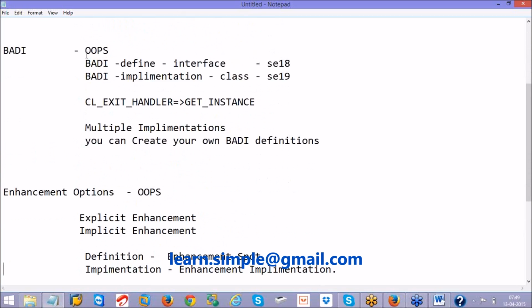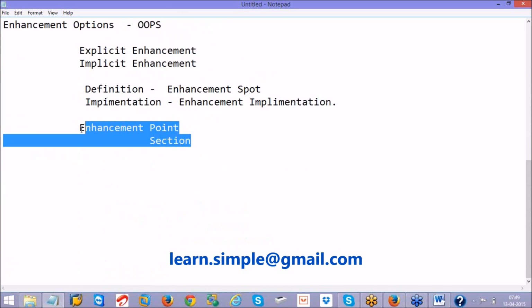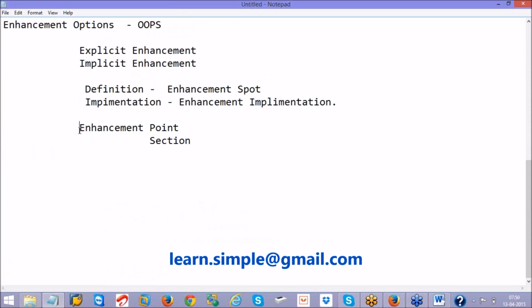In the same way, if you see this enhancement point or enhancement section, that is a place in programs where you can write your own code. Nowadays, in any SAP standard program, you can find this kind of enhancement point or enhancement section code. An enhancement point can have multiple implementations at a time.